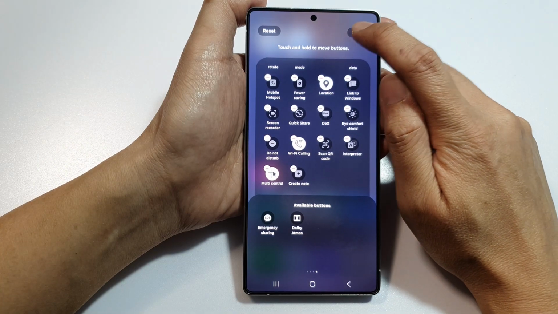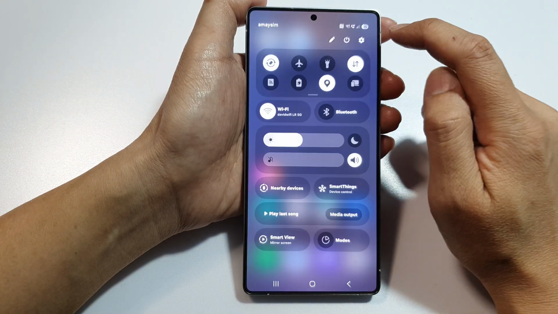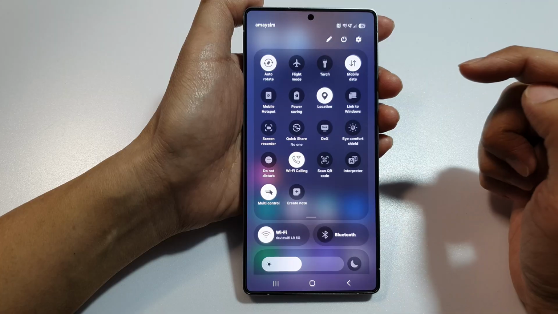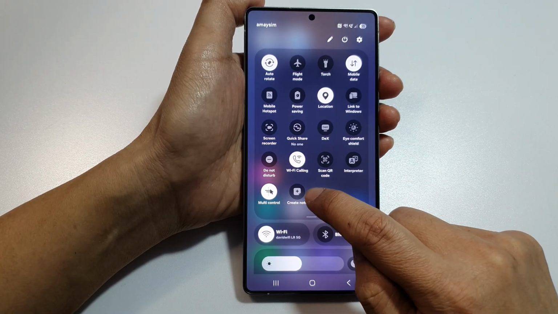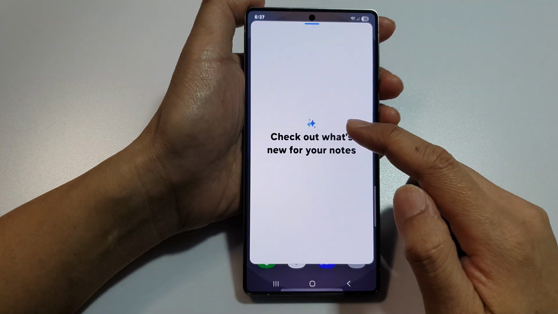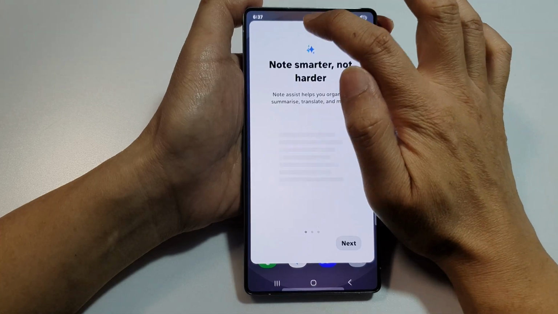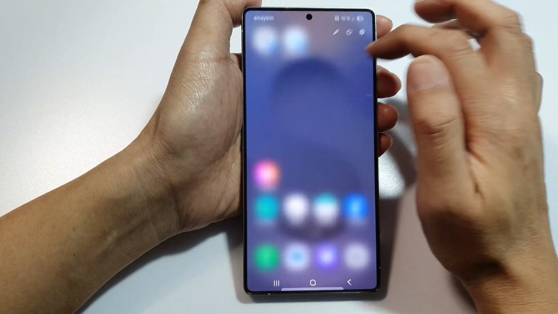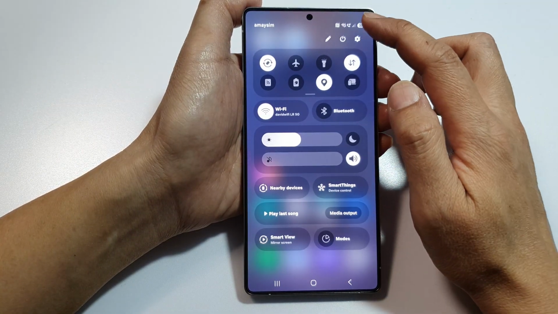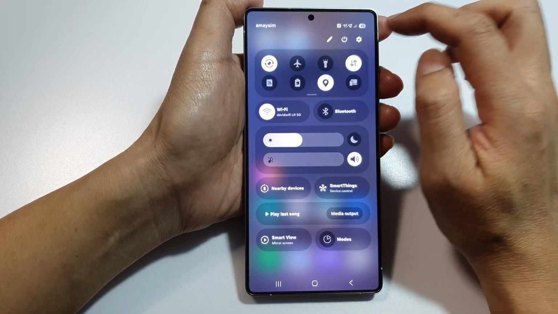Then tap on Done at the top, and then tap on Done again to save the changes. Here, now we have the Create Note shortcut. You can tap on it to quickly create a new note. And that's it. To remove the buttons, swipe down at the top to open up Quick Settings, then tap on